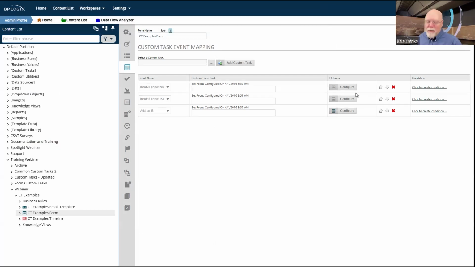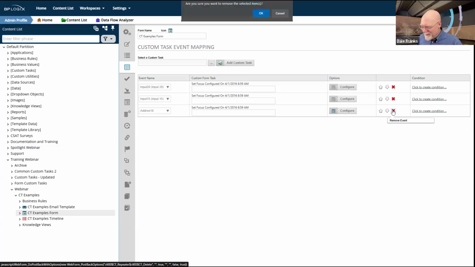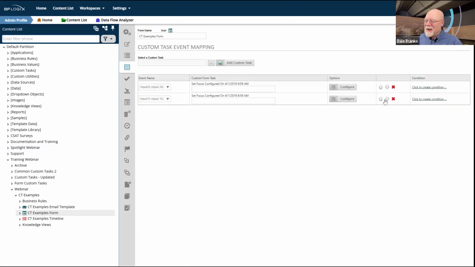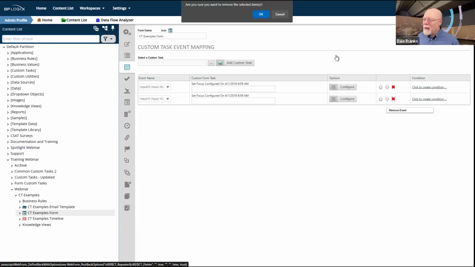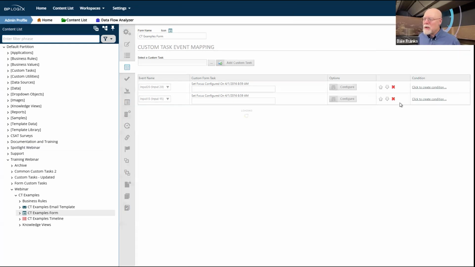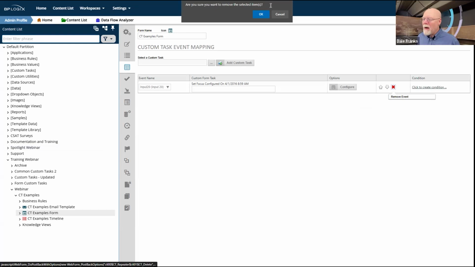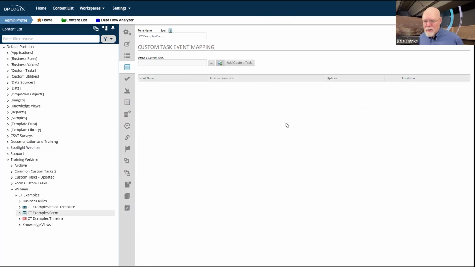The validate form custom task is one that you should be using more than you do, because I've seen many of your applications and people tend not to use all of the validations that they should. So when we talk about validation, we have 2 basic ways of doing validation.